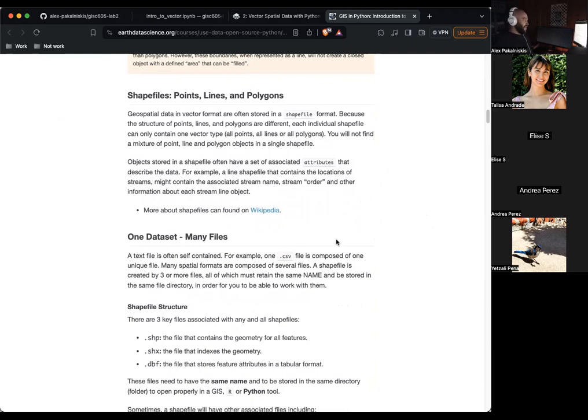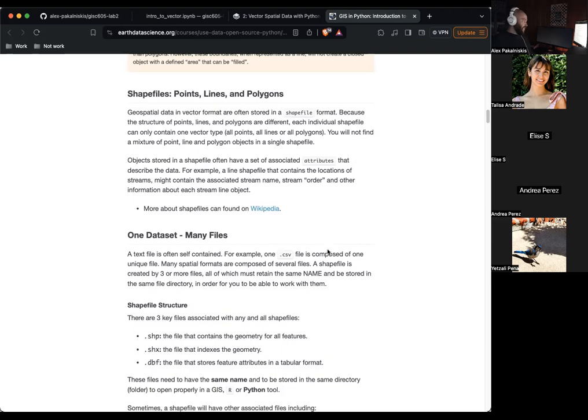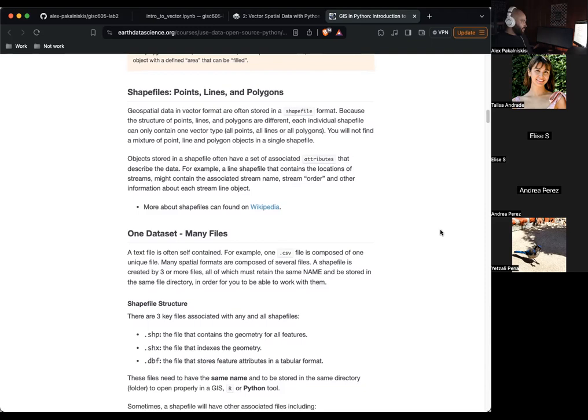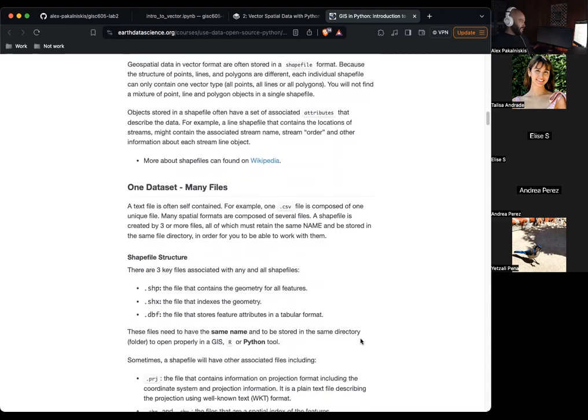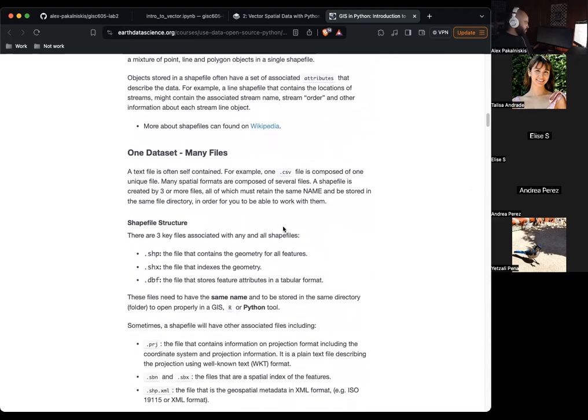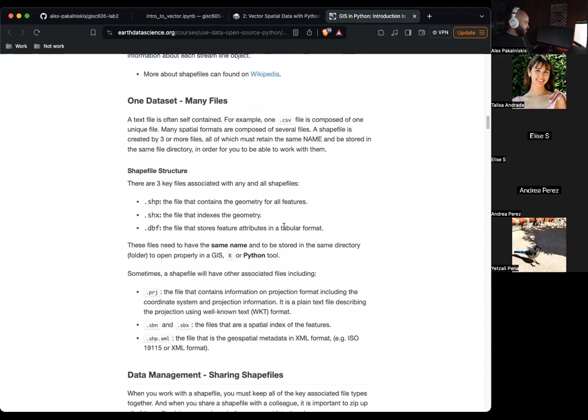So it depends on where you're dwelling. But the shapefile is very common, and shapefiles are actually comprised of a few different files. And so GeoPandas magically lets you just read in all that data without having to worry about it, like other desktop GIS software. So we're going to learn how to do that very shortly.